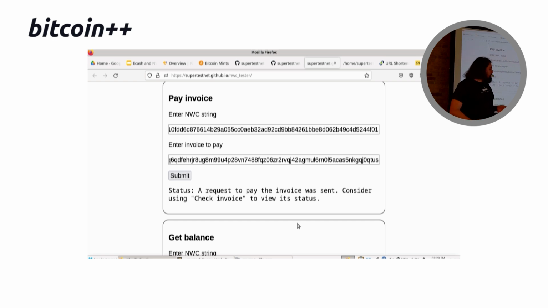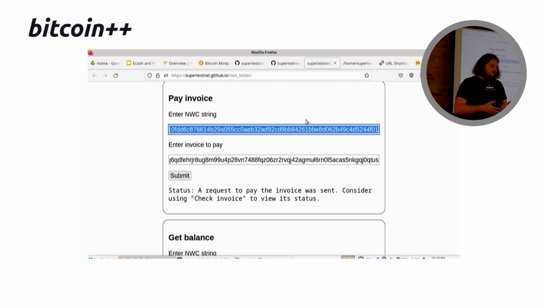But I don't like doing that because sometimes Lightning payments get stuck, especially if you're using services that do submarine swaps or RoboSats or various other things. They can get stuck for hours or days. So I don't like to use an await function for that when it could be a really long time. So for mine, I just send a request to pay it, and I don't give you a